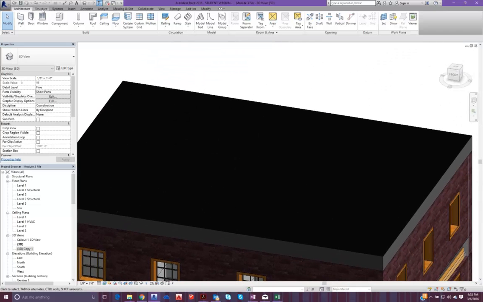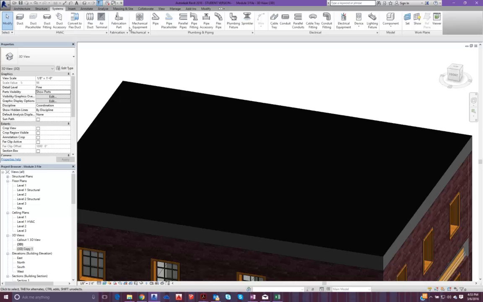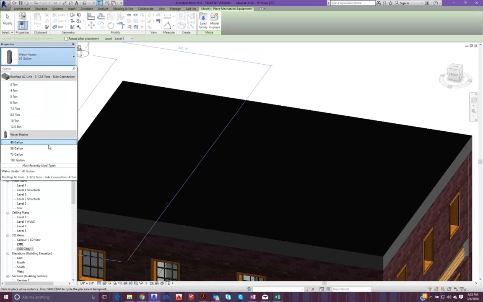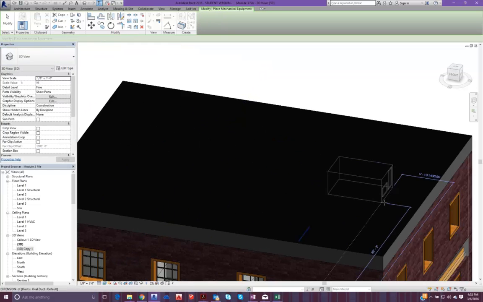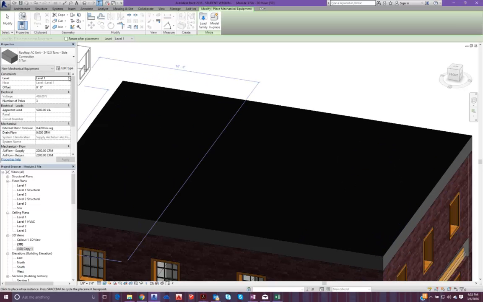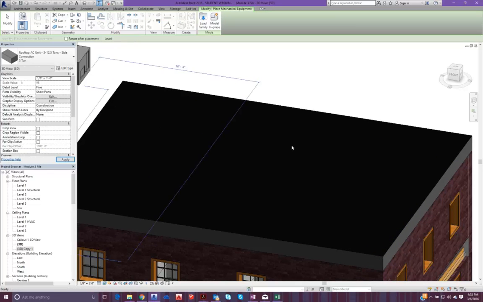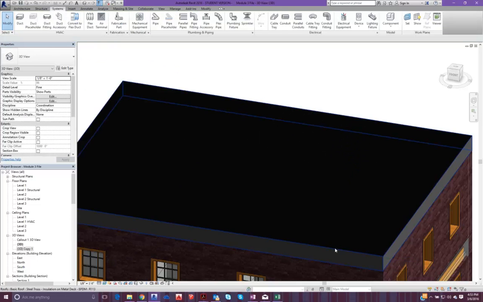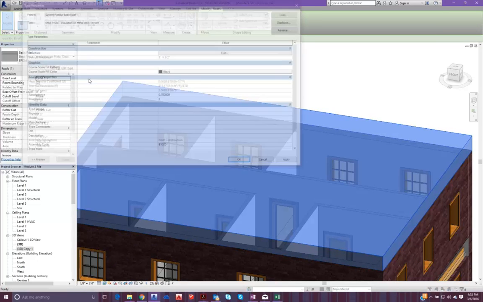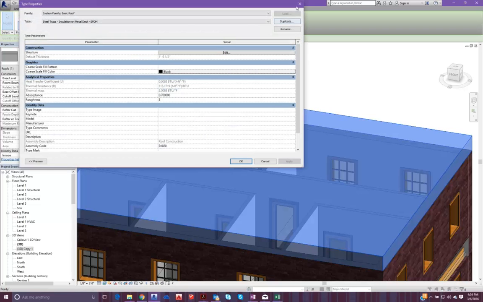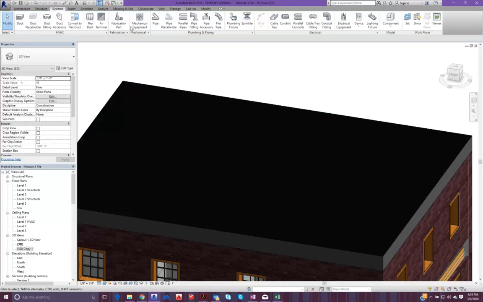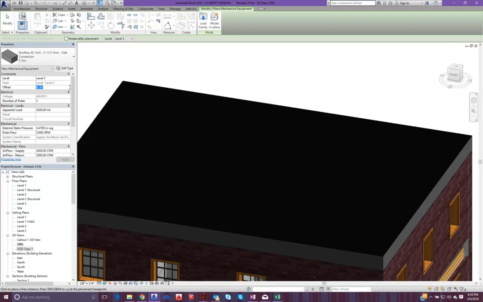And we're going to go ahead and we're going to place our mechanical equipment on the roof. So we have our nice rooftop units. Let's go ahead and put a 5-ton unit here. Let's place this on the roof, but it's not level 1, it's level 3. And before we place it, we need to know the offset distance. So this roof is exactly 1 foot 9.5 inches thick. So let's go ahead, go to mechanical equipment, offset 1 foot 9.5 inches. We'll apply,